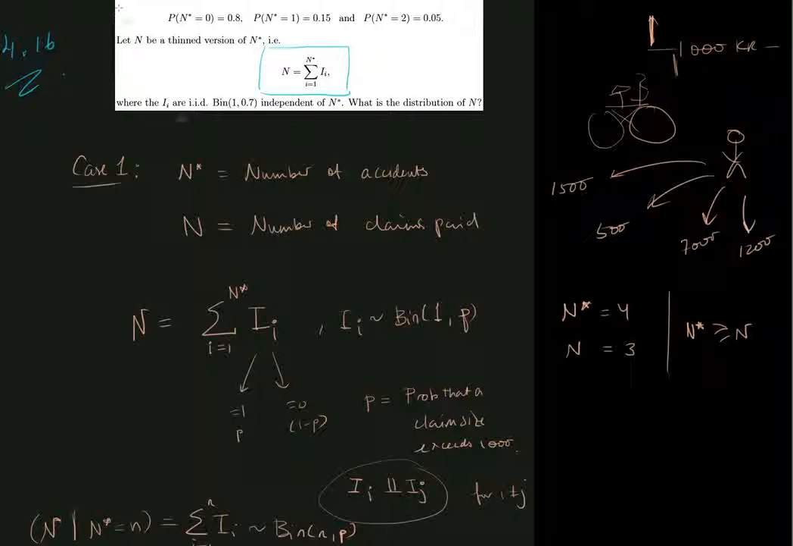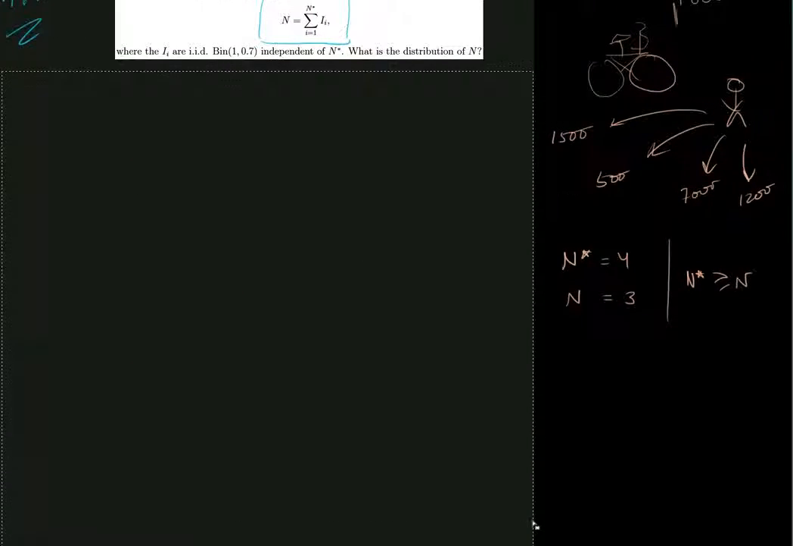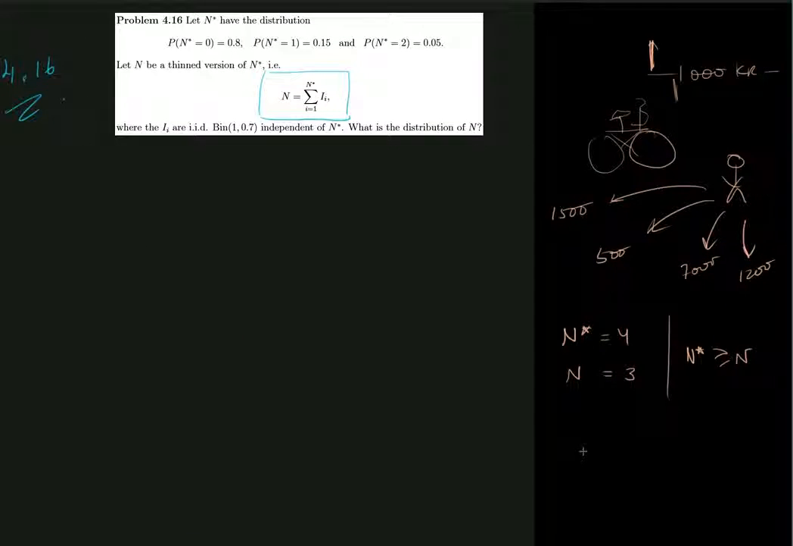So what we want to do now is take a look at how the formula in the book comes into play. In the book, we have a formula on the thin version of a stochastic variable, and that looks something like this. They say, let N be given as the sum of IID Bernoulli variables